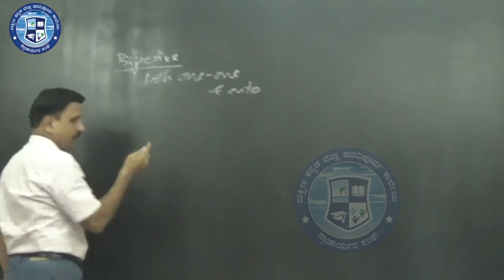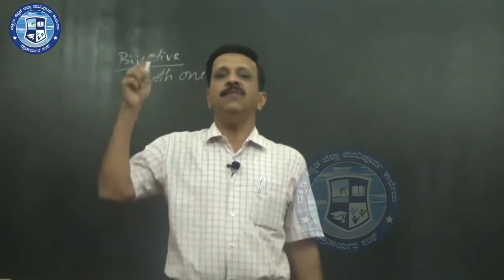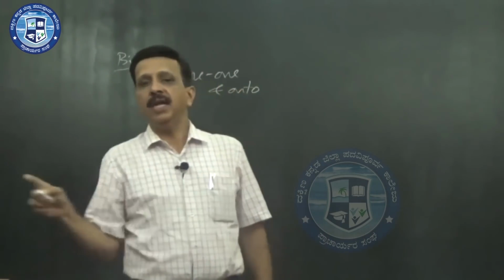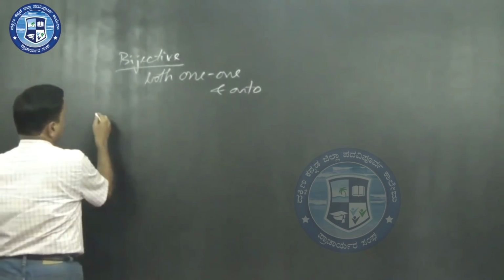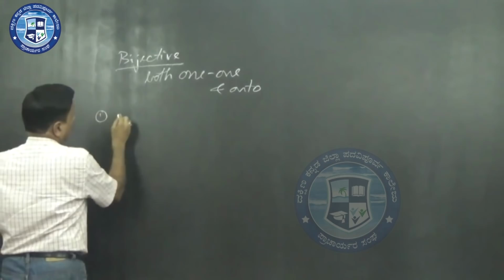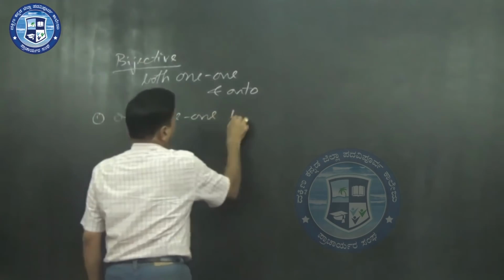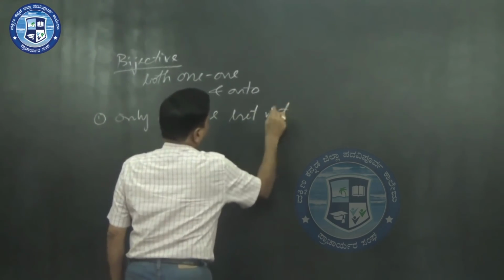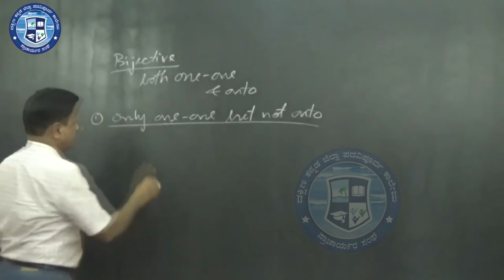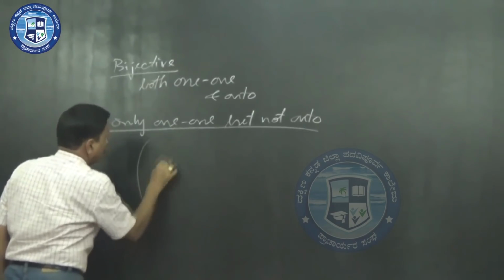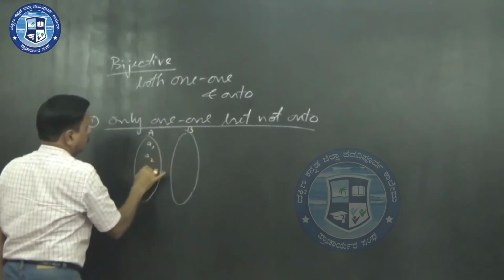Now once again, let us come back to the heading: why inverse function exists only for a bijective function but not for any other function. Let us take different cases, then you can understand better. We will take case 1, a function which is only 1-1 but not onto. Say this is set A, this is set B,